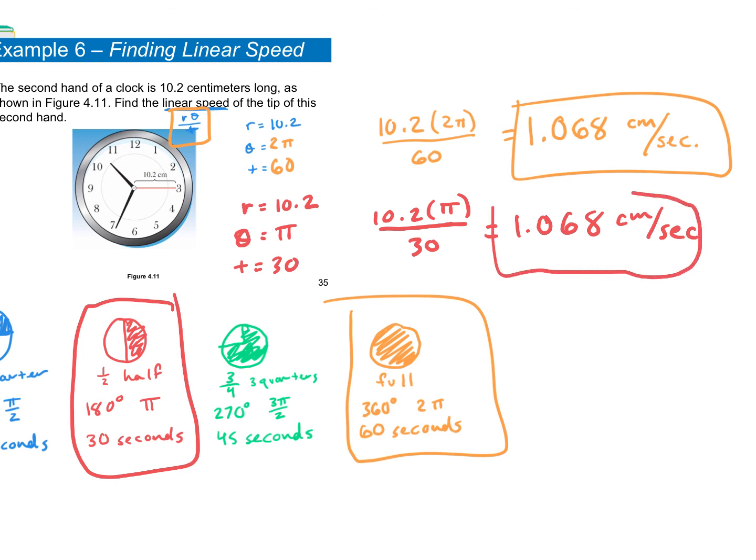So you did that for all of them? Yep. Does the second hand ever change its speed? No. So it's not speeding up when it's just a fourth of the circle. It's just different proportions. So you could use any of the four. Why show all this if you could use any of the four? Because it depends. If it wasn't a clock, it would be different. So the point of me showing you them is so you know